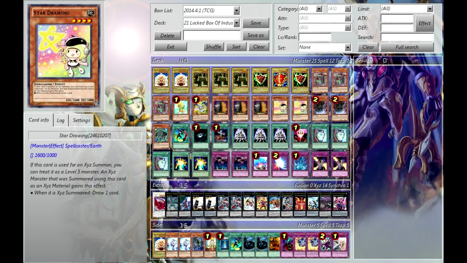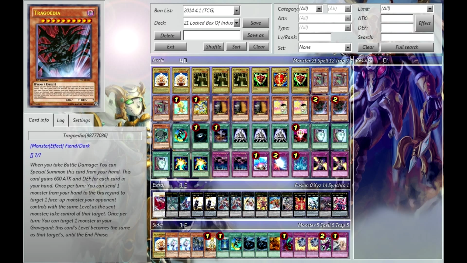Absolutely brilliant. We then have 2 Tragoedia, so if your hand's a bit cloggy with the Labyrinth Walls, Millennium Shields, and well, any normal monster for that matter, this is going to gain attack substantially from it, and on top of that you're going to be using its other 2 effects fairly frequently, so copying the level of a monster in the graveyard, whether it's level 5 or level 8 or level 4, doing a lot of discarding with monsters as well,